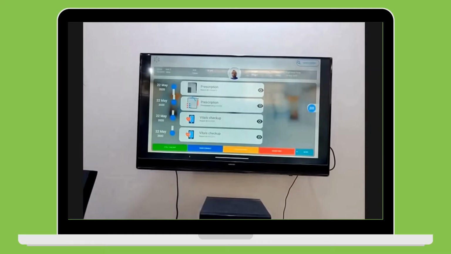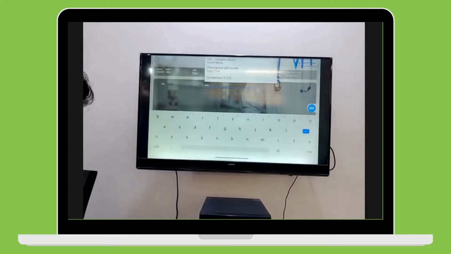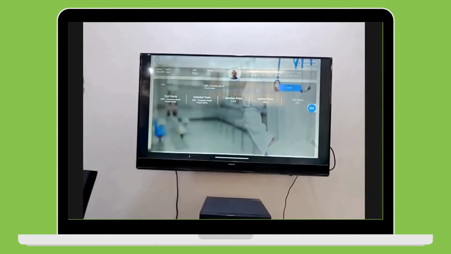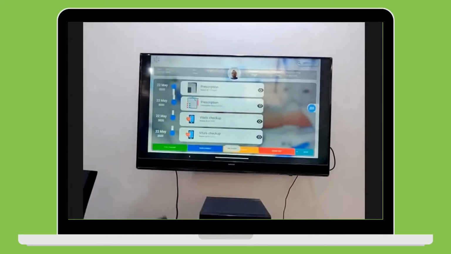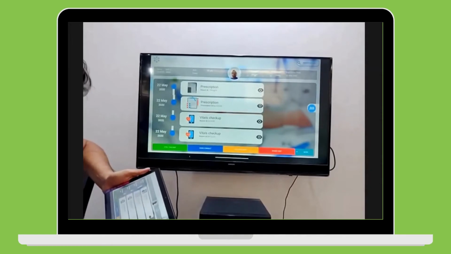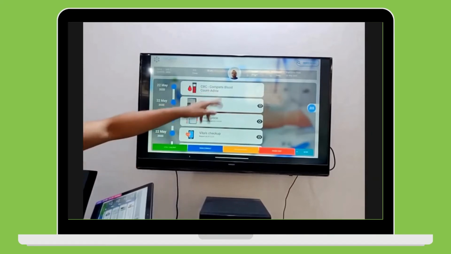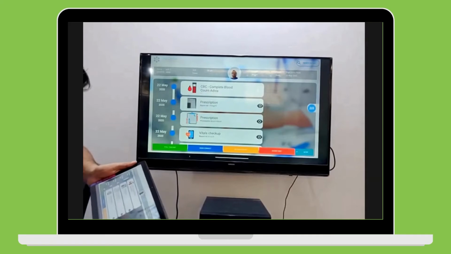Along with this, there's a portal for pharmacy also, and from the health box itself, you can book a blood test. Suppose you have to book a blood test, then it can be booked on the spot, and the lab person gets an intimation that this kind of blood test has to be done, and then sample collection can be done, or accordingly the process can be carried out. So this complete blood count test has been booked for this patient.